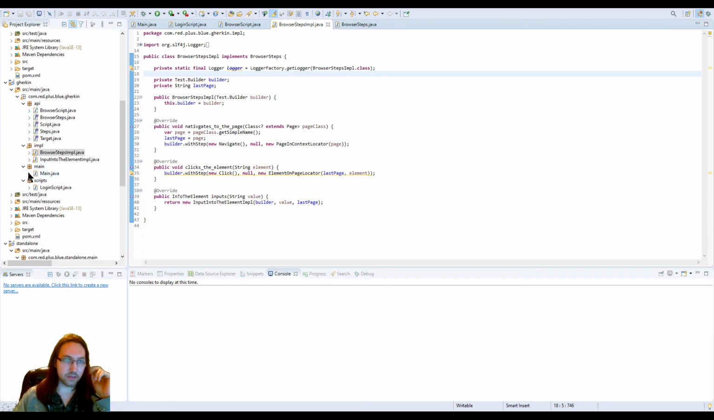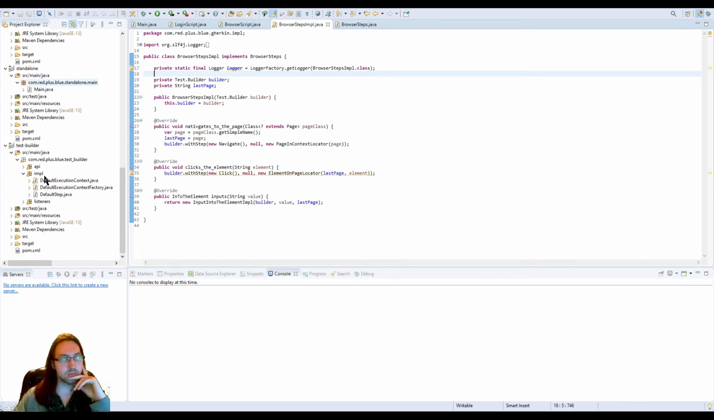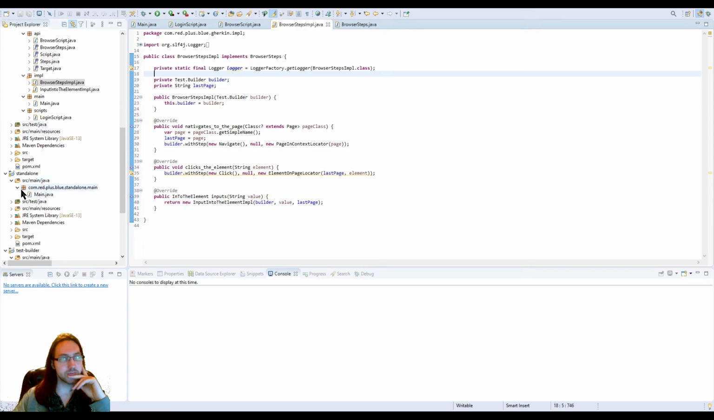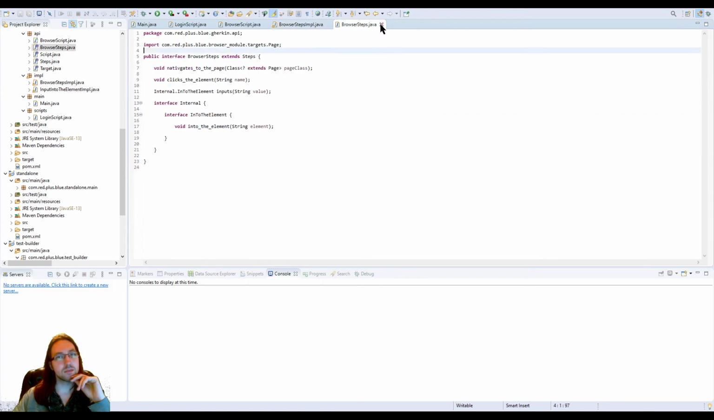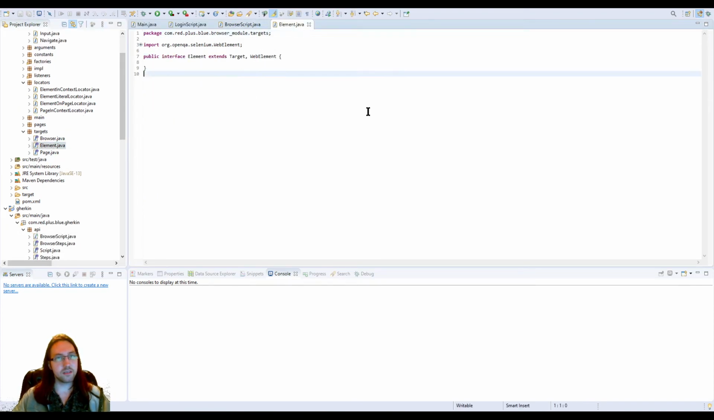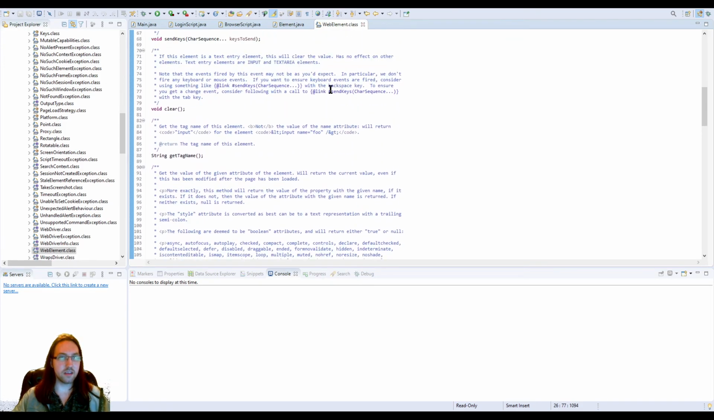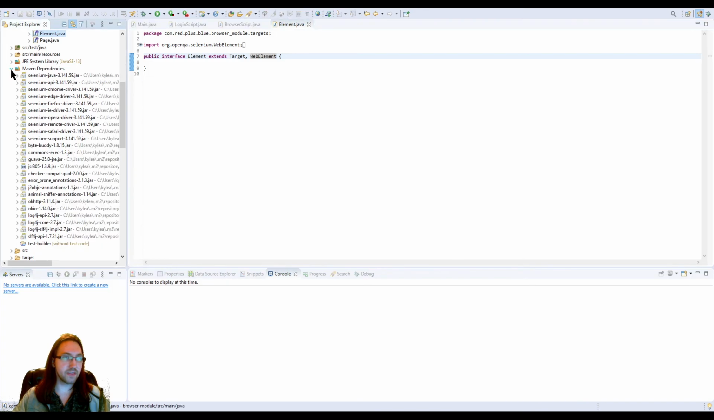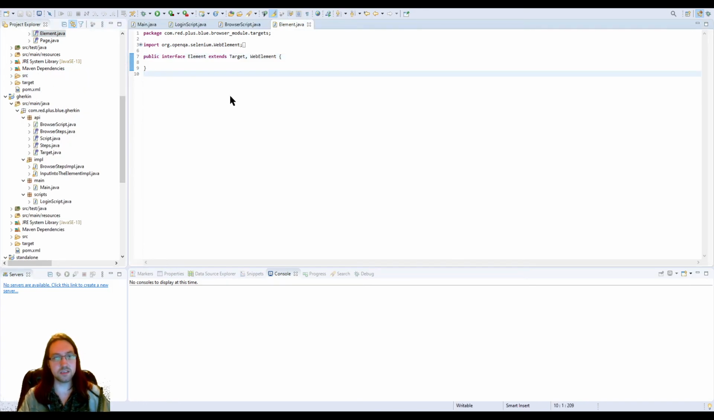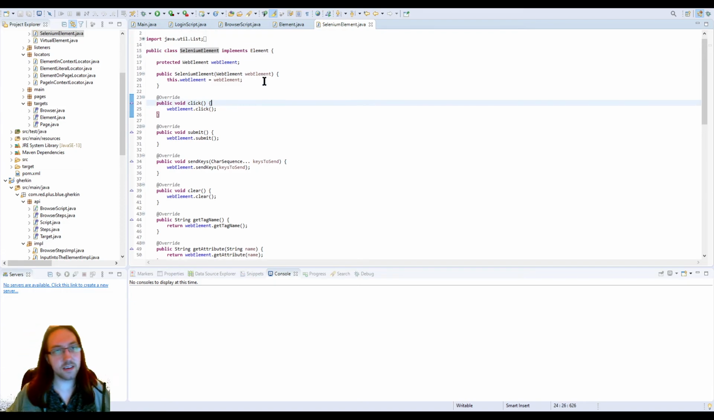I'm trying to think of what I would like to do next. I don't know. I mean, really what I'd like to do is implement all of the Selenium kind of interactions. So element, we have it basically extending WebElement here. And, well, actually this is not a good example. Let me go to, I think it's Selenium Element? Yeah, Selenium Element. So this has all of the